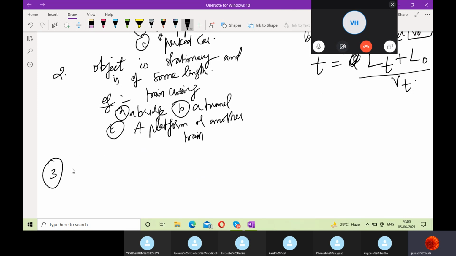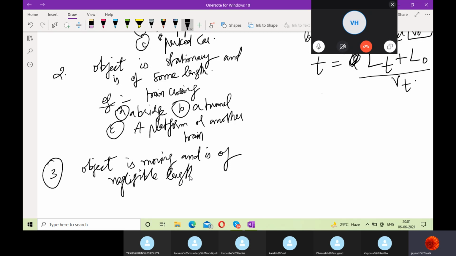See, point number 3 is object is moving. Here we are coming into such a case whereby the object is moving. That means a man is moving, a car is moving. So object is moving and is of negligible length. So we are speaking about example, train crossing a running man,